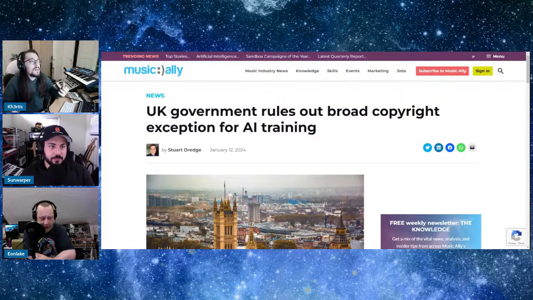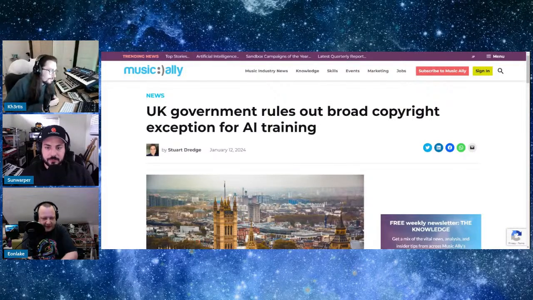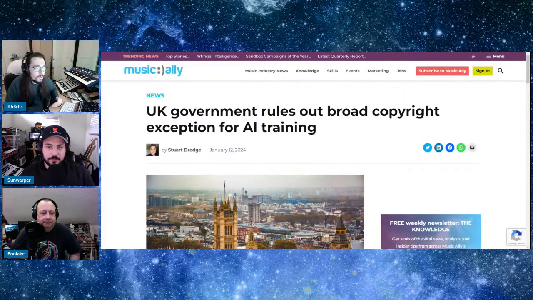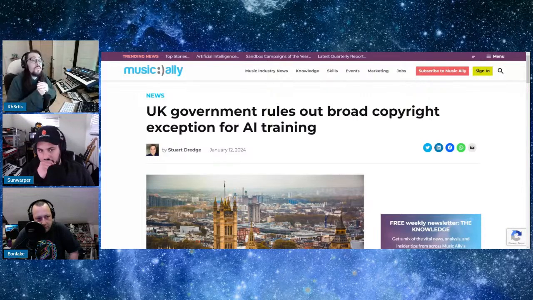Basically, the UK government has decided not to allow AI companies to freely use copyrighted content without a license, rejecting a previous proposal for such an exemption. Initially, the government had considered the exception, and with the support of the committee, has been kept under pressure to reject the idea. But basically, it means now that as of early 2024, AI companies who are using copyrighted material to feed their AI have to pay a fee, and they can't do it anymore, which is wonderful news